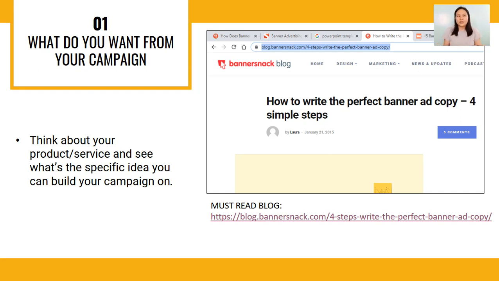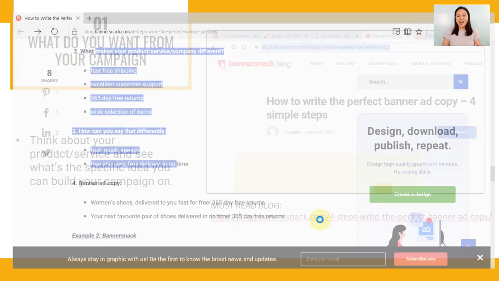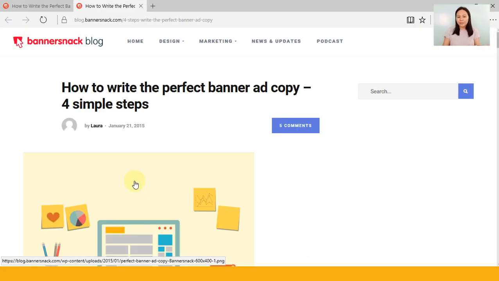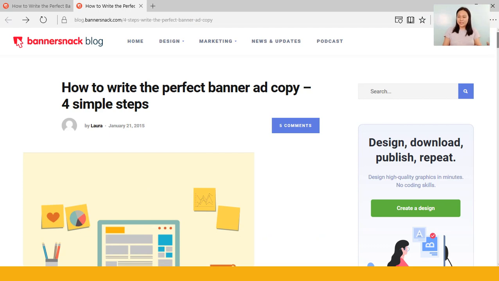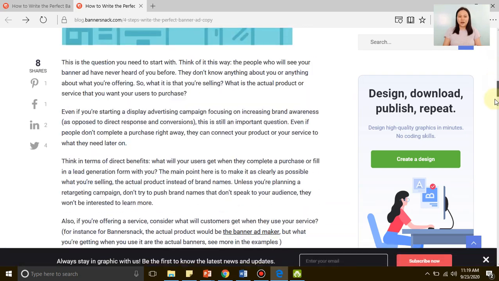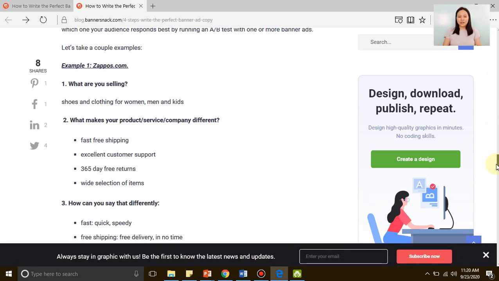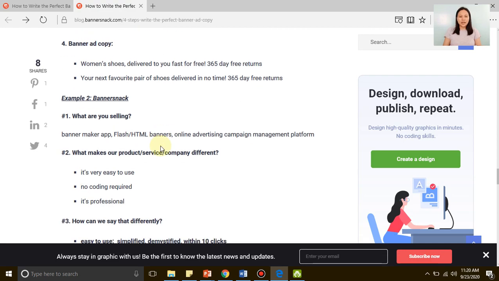If you want to have detailed information about this first principle, what do you want from your campaign, you can follow this link and read the blog from Banner Snap because this will help you in this first principle on brainstorming, dito sa principle number 1. Okay, so may mga example siyang nilagay dito. Ayan. For example, your product is